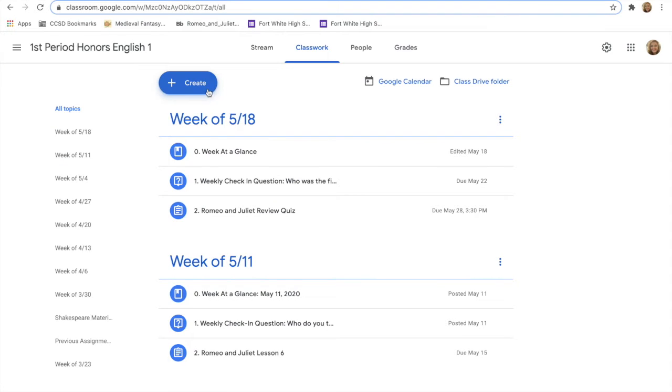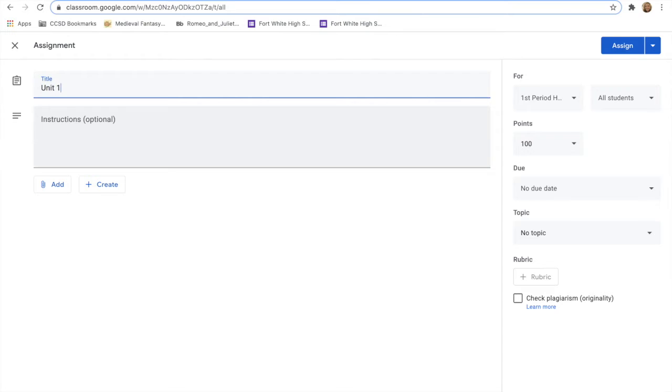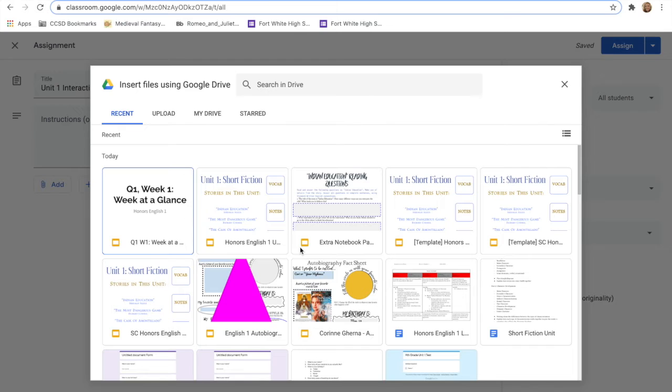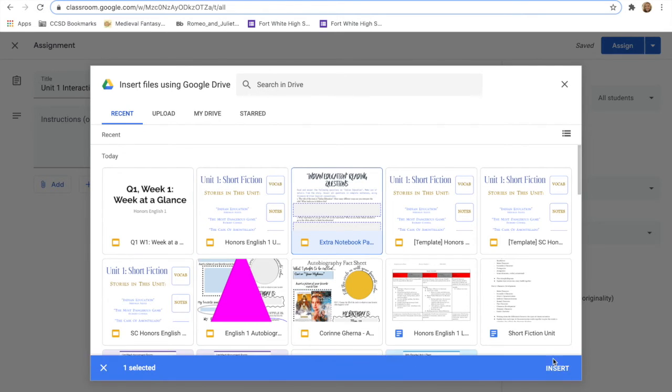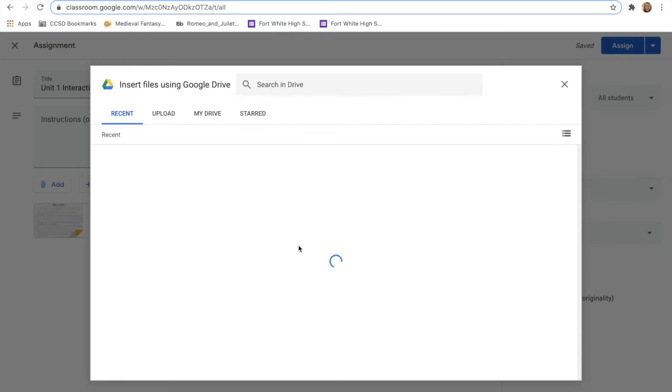So the first thing you're going to want to do is create a new assignment in Google Classroom. This is my Unit 1 interactive notebook for English 1. And the next thing you want to do is attach both of the slideshows. You may have to do this one at a time. There is the extra copies, and there is the